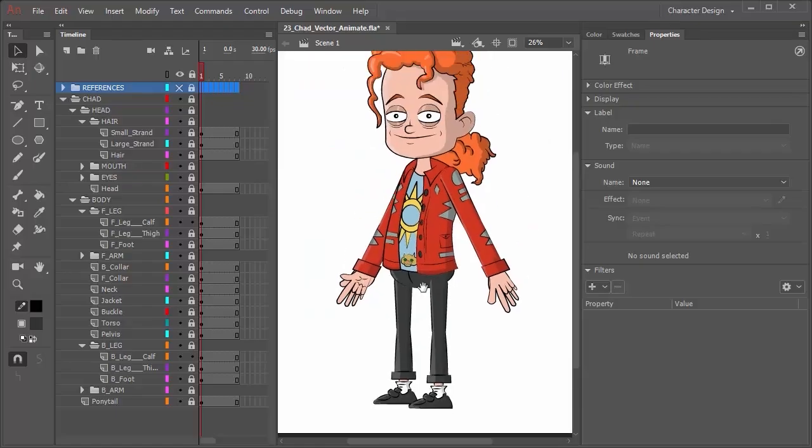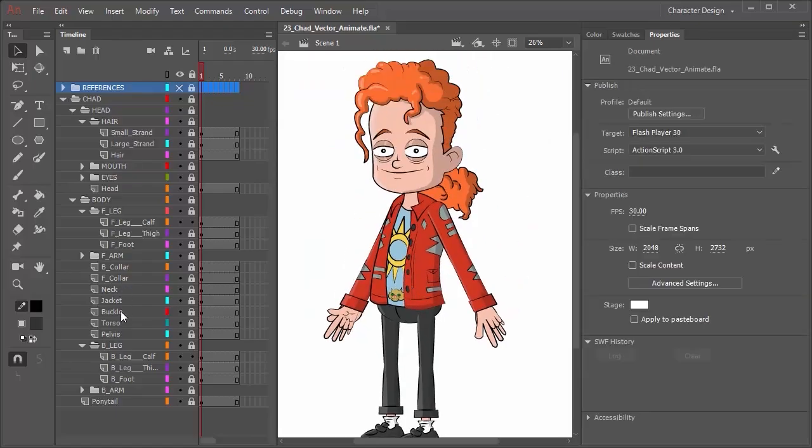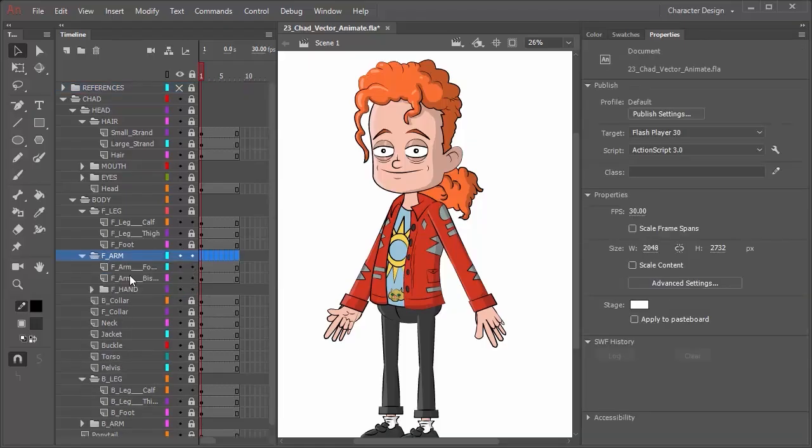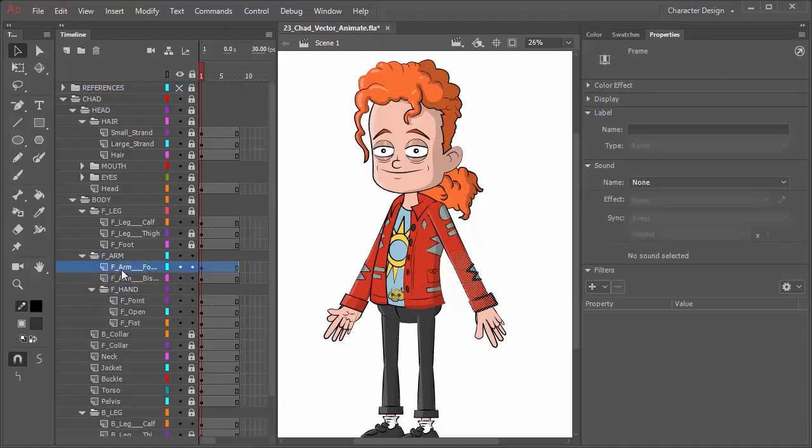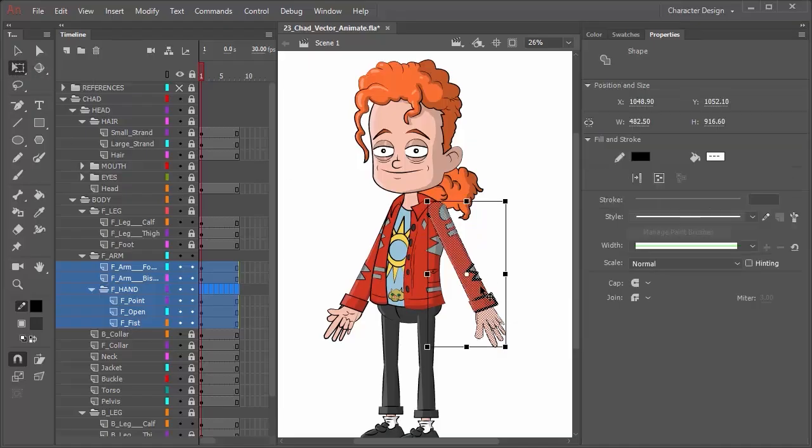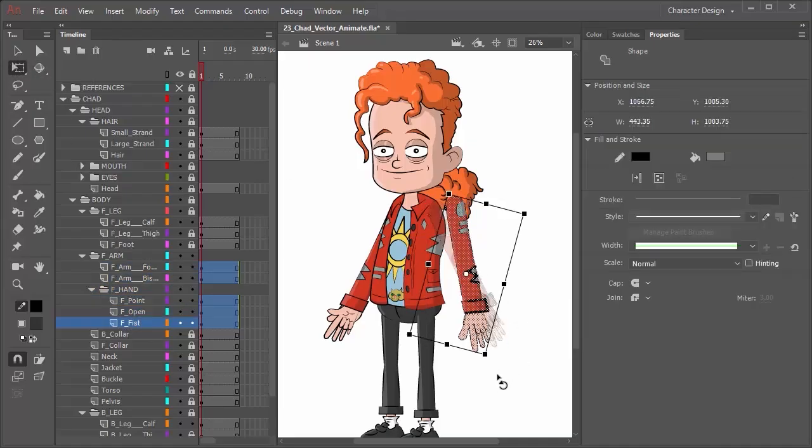Now, coming back here, I'm looking at the arms. They can maybe get shrunk in just a little bit. So what we can do is come in and we'll select all of the front arm layers. So starting with front arm, forearm, hold in Shift and go down to the front fist. Grab the free transform tool. Now I will rotate it just like that,